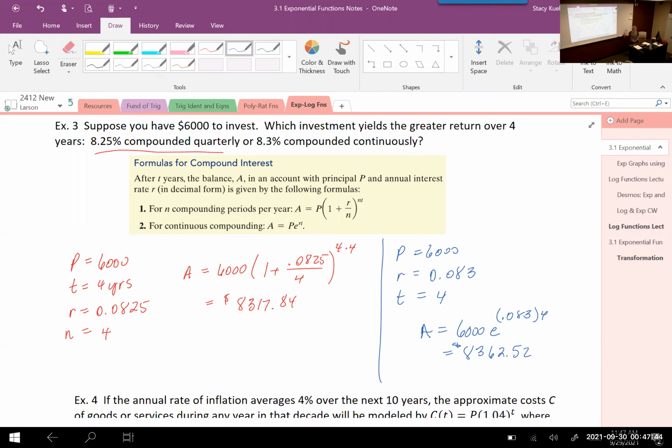Can everybody get those two numbers using their calculator? Because really, I think at this point, it's a calculator problem, just making sure you can throw it in a calculator and get the numbers right. When all you're asked to do is find what the available balance will result in, it's a straight formula problem. When we get into solving these equations, we'll reapproach these problems a little bit differently. But this particular problem is just simply asking you to figure out how much your investment would be after 4